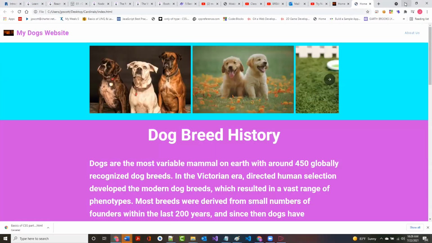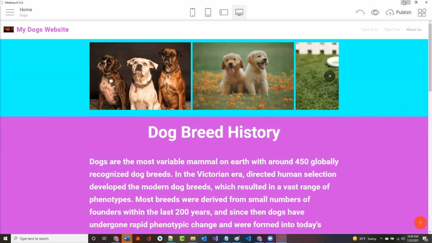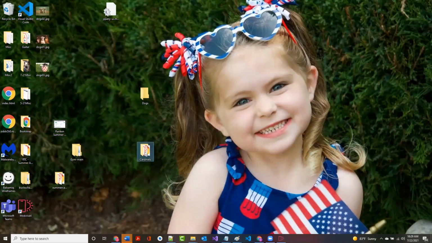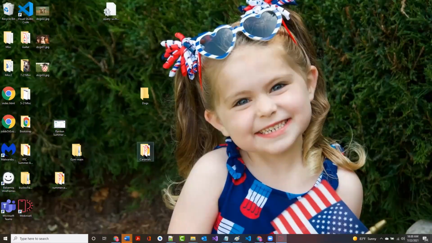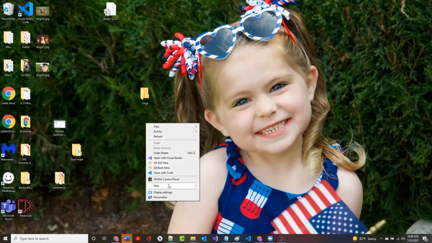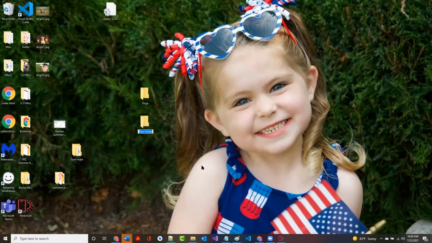Now, if I go over to my Cardinals, you'll notice that it's filled with stuff. But, oh wow, I discovered that I screwed up. I put the wrong thing in there or whatever. So then what I should do is take this Cardinal folder, get rid of it by dragging it into the trash, and create a brand new folder called Cardinals.